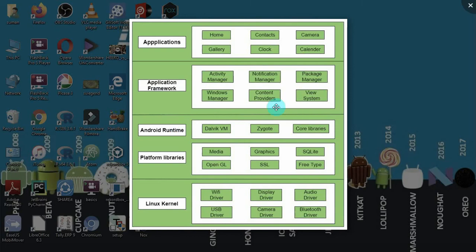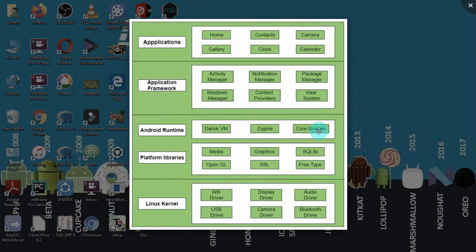Now these core libraries here, and Zygote is one more thing. The core libraries enable us to implement Android applications using standard Java or Kotlin. We had an option to use one of the programming languages. Remember when we said create a new Android app, and it took us to empty activity.